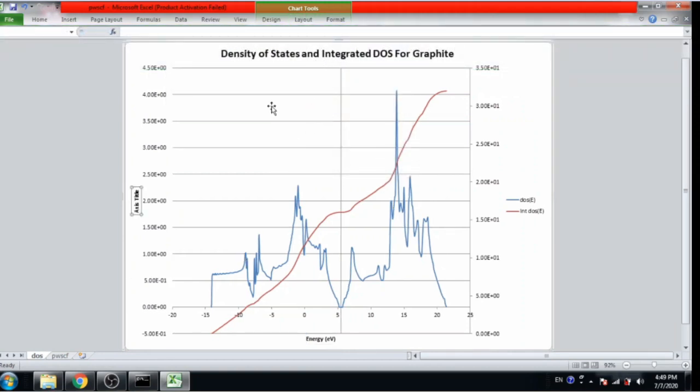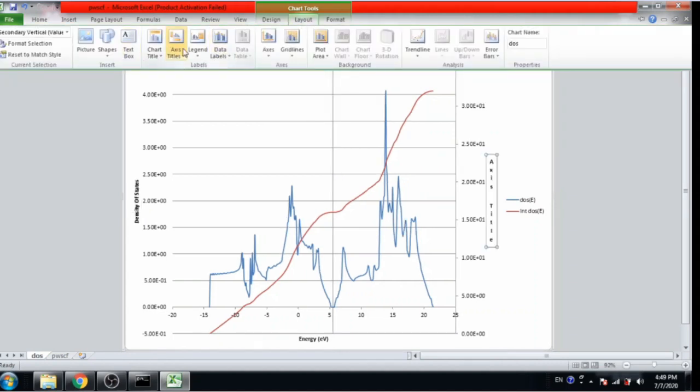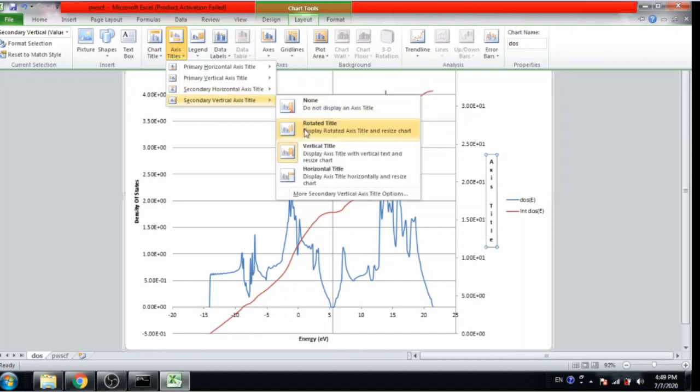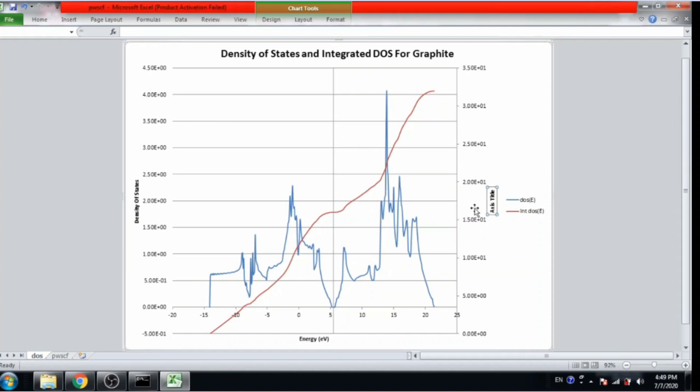Here we know that the primary vertical axis is DOS, so density of states, and the secondary vertical axis is integrated density of states, so integrated DOS.